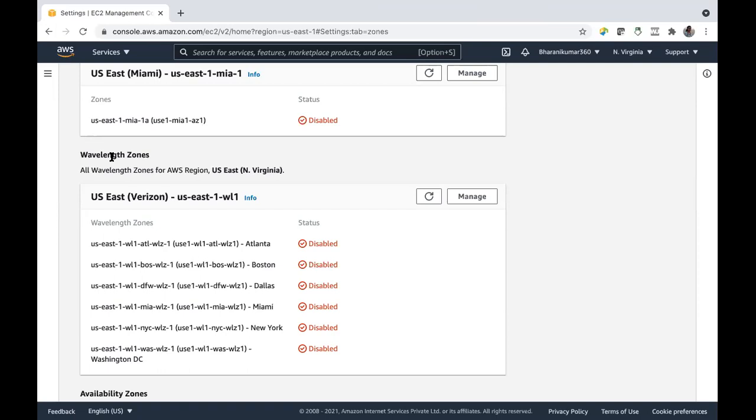Your application will be on that wavelength zone, and the mobile users who are accessing your application using a 5G network will get it quickly, a single digit latency they say.